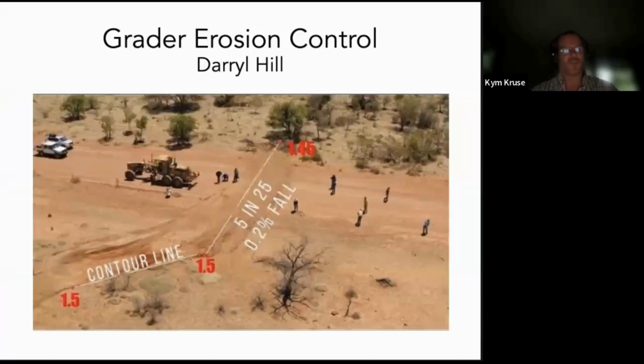I put this in here as well because not all of us are going to go out and hand build structures. Some of us have got much larger areas we need to deal with. And I just wanted to put this guy's name in, Daryl Hill, who I'm not sure how active he is in this immediate region, but he's certainly worked a lot around this area. And he does erosion control courses using large machinery. So I guess you could say this is maybe like a woo boy type scenario, like how to look after your roads and actually run the water off in a safe, manageable way, etc. But Daryl does whole courses on using large scale equipment to manage for water moving through the landscape, particularly when it's been causing